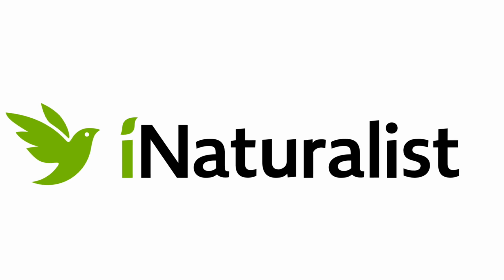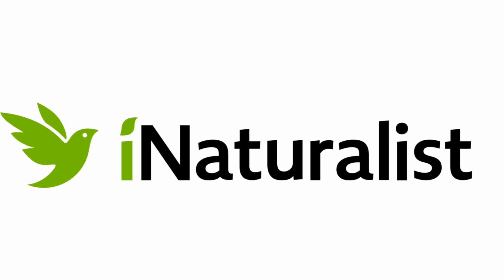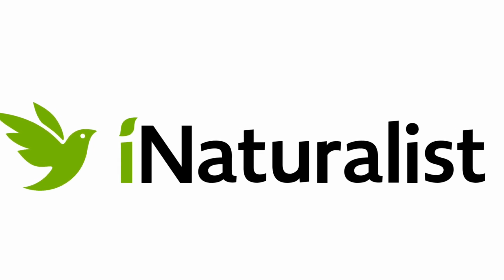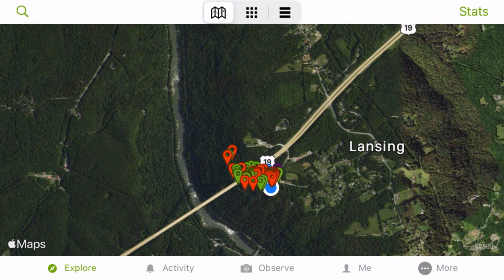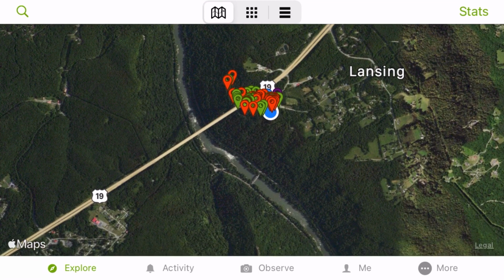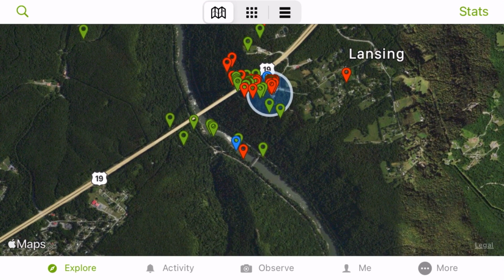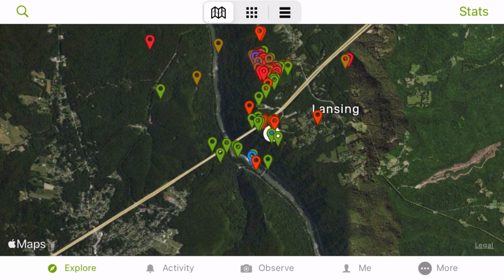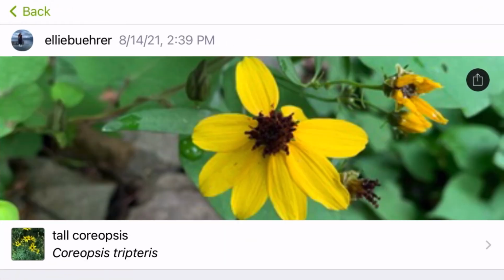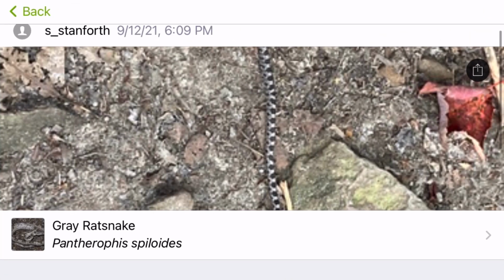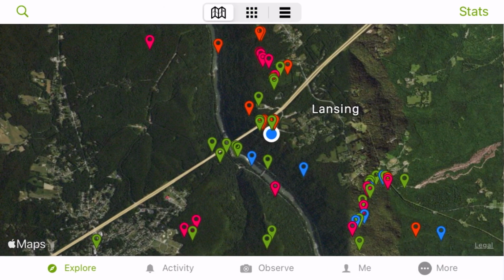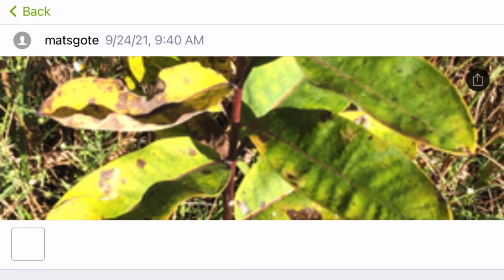iNaturalist is a social network phone app that allows naturalists and citizen scientists to map and share observations of species they find at a specific time and place. What's really cool is that species you encounter can be uploaded to an interactive map that covers the entire world, and you can also use that map to see what species are in your localized area. Using iNaturalist will help you sharpen your identification skills for all kinds of insects, plants, and animals. And the species occurrences you upload to the app will be used to help others develop their skills too.